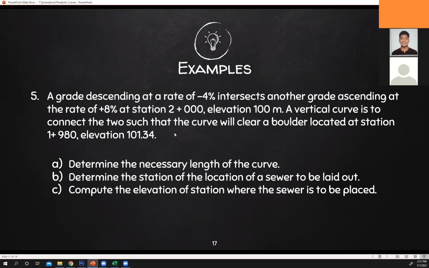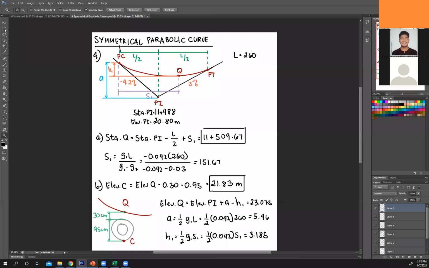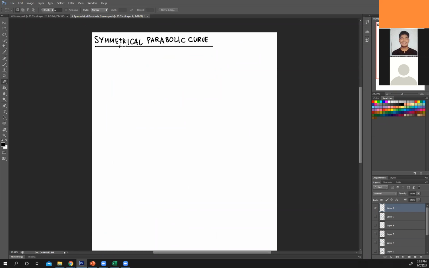Okay, so first step, again, usually, is to draw your parabola. So grade descending at 4, then ascending at 8. Let's draw that out. Okay, descending at 4. Ascending at 8. Something like that. Draw your